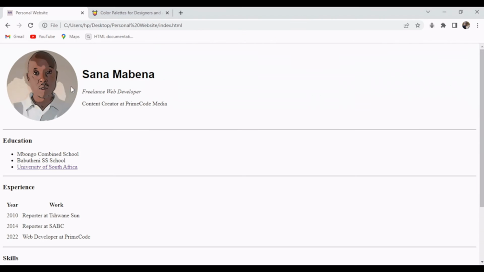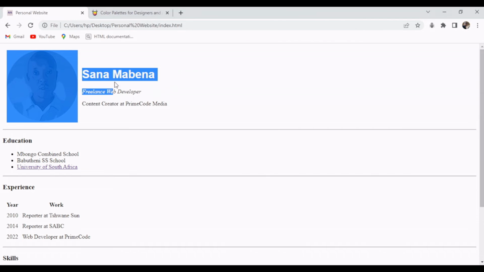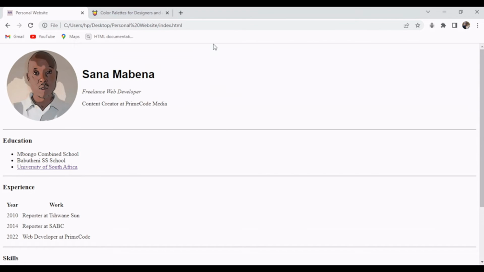background color. So this is the area that I am going to give a different background color. This is the area that has our image, my name, as well as my title or kind of work that I do, and so on. So this area here is going to have a different background color, and I'm going to do that by using